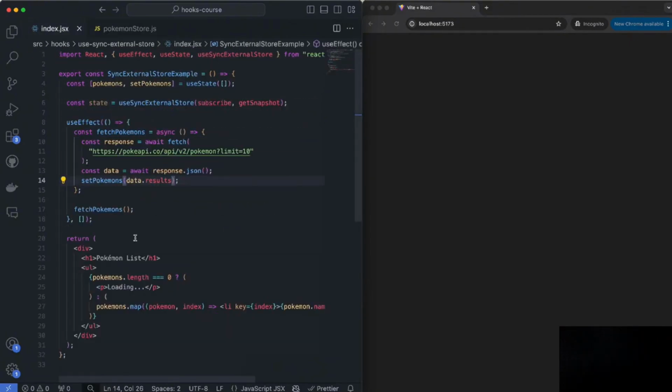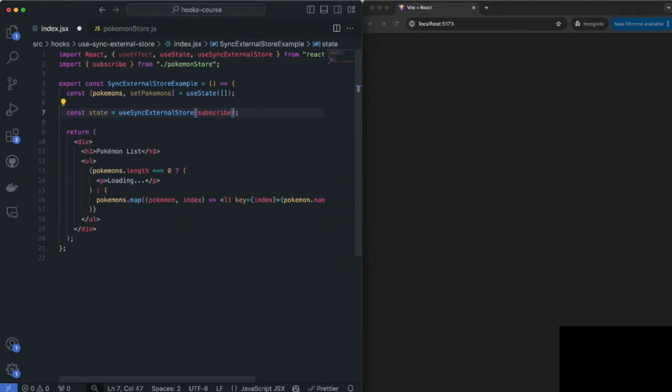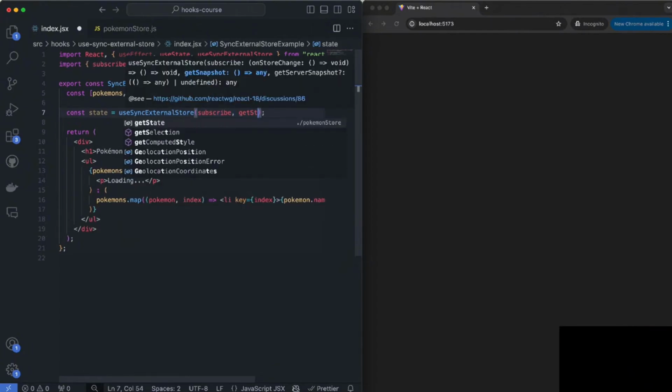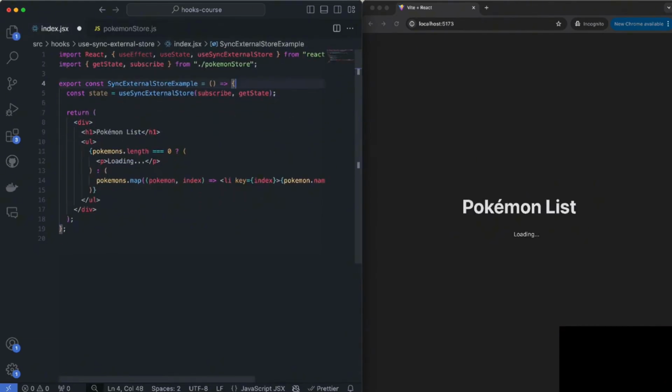and it makes it very easy, because now we can remove all of this logic from here directly, and in useSyncExternalStore, we can grab the subscribe function from that file. We can also get the getState function, the getter that we created, from this file as well. Now we'll delete the state. We don't even need a state anymore because this will handle everything for us. Inside of this, we'll get back a state object which we know has the Pokemons inside of it,